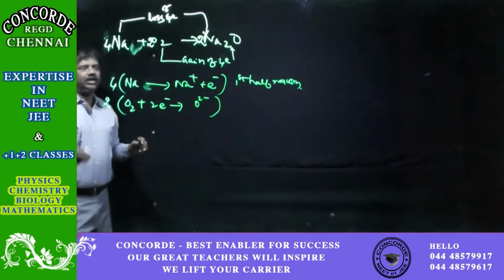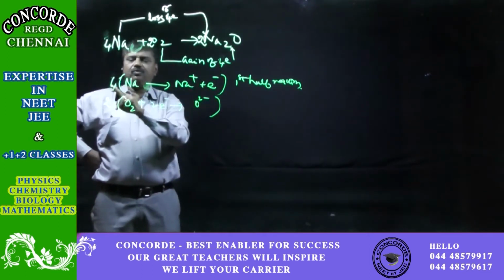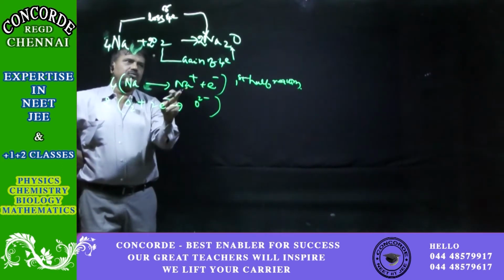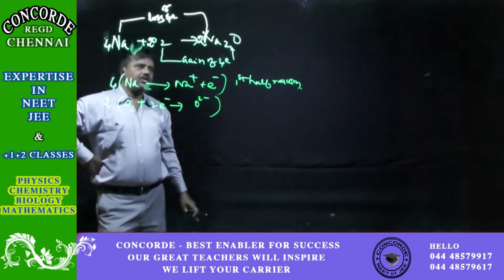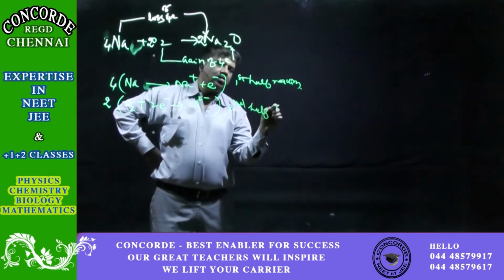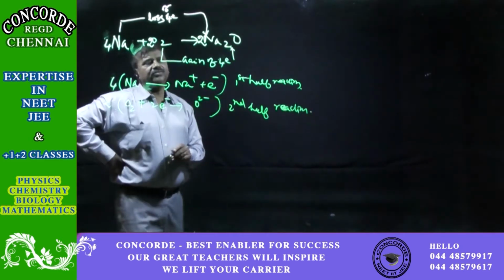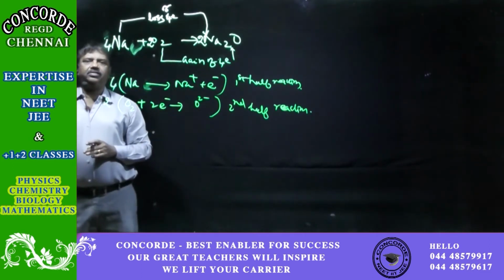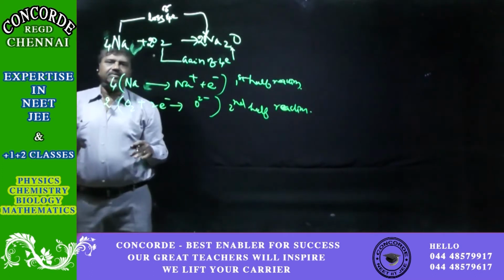For your convenience, I have written this. First, Na is giving Na plus e. So there are 4 Nas, 4 Na gives 4 Na plus, 4e. And now for one oxygen, 2 electrons are required, so this is O2 minus, since there are 2 oxygens. Okay, so this is the second half reaction. So this is the representation of the reaction in terms of electron transfer. There is a loss of 4 electrons and a gain of 4 electrons.